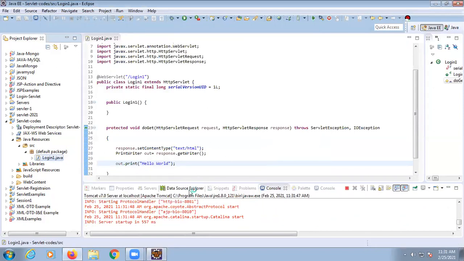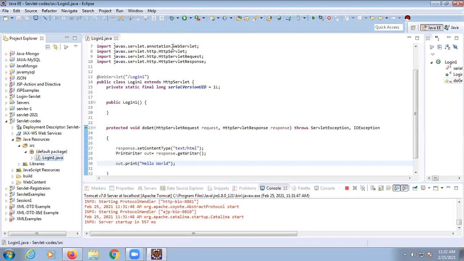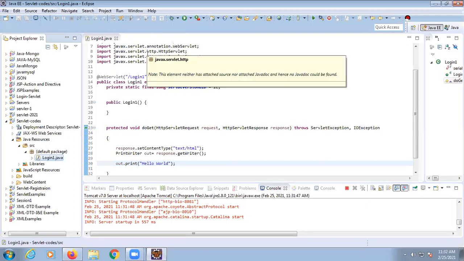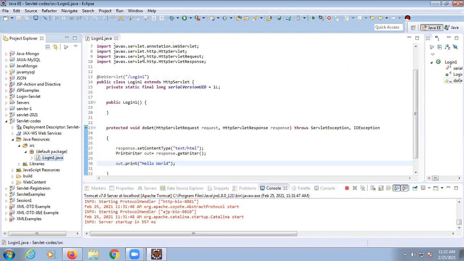So now you will find the output is showing on Firefox. So it depends on you where you want to show the output. You can show it either in Firefox or in Chrome, or you can use the internal browser of Eclipse also.